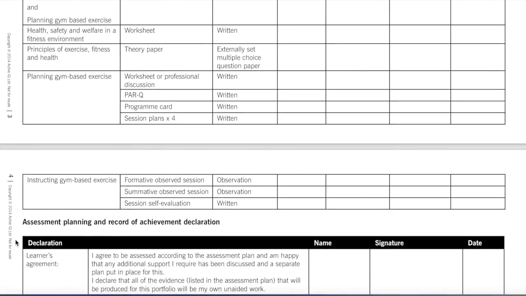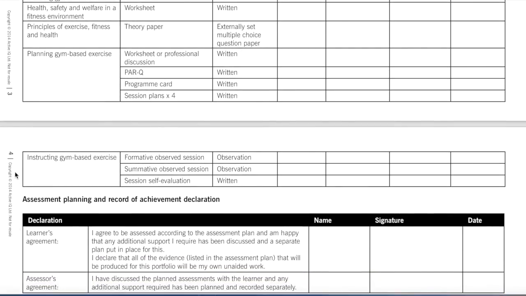Going on to page 4 in your LAP is instructing gym-based exercise. This is going to be your practical based, and you have your formative observed session. Now, try to think of this as almost like a mock. What's going to happen is they're going to take a certain sample from your program card and ask you to deliver those exercises in a gym environment, and the assessor is going to have a look at that and see whether you are capable of actually taking a client through a specific session. The summative observed session will be the other exercises which weren't done in the formative,